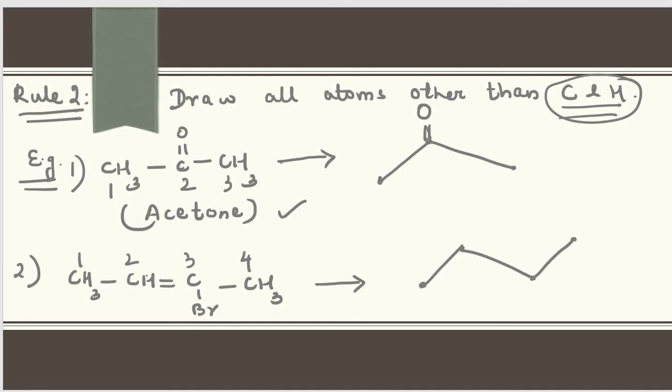Now you can see that between the second and the third carbon atom there is a double bond. So we are representing a double bond here. And in the third carbon atom there is a substitution. What is that? It is a bromo group. It is bromine, so we have to write Br. If it would have been a methyl group, we could have only represented a line like this. But since it is Br, we have to represent it like this. So this is the bond line representation.